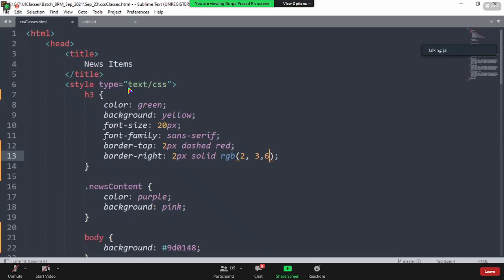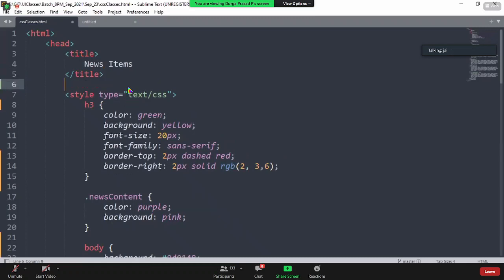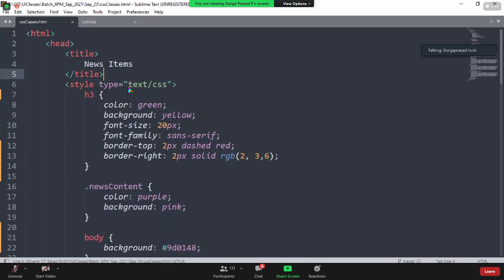Thank you. Sir, when you are typing in the Sublime editor, you are getting items automatically, like when you type title, you automatically get the style and all. I am unable to get that in my Sublime editor. Okay, you simply say div tag. Once you write the tag name, press tab, then it will automatically fill it. Any tag.